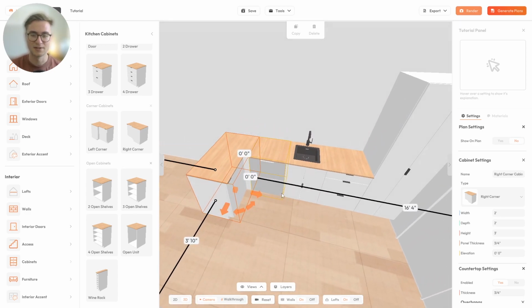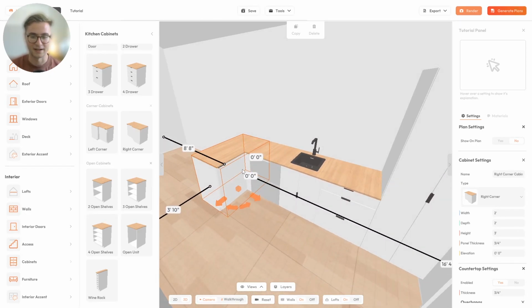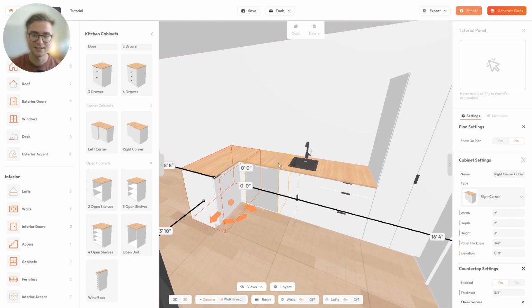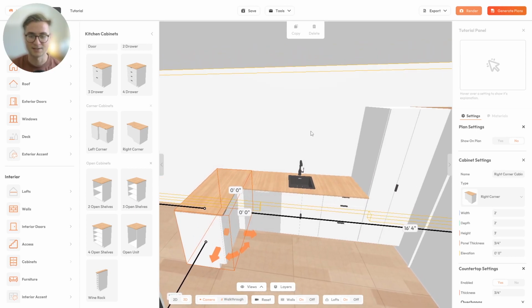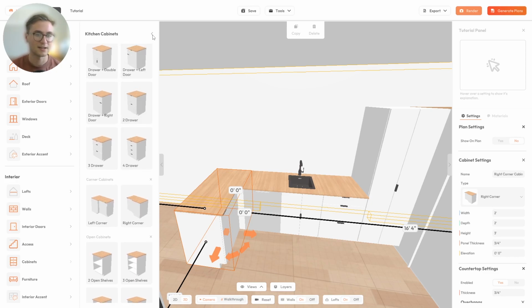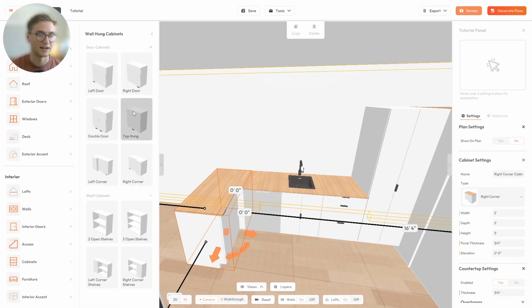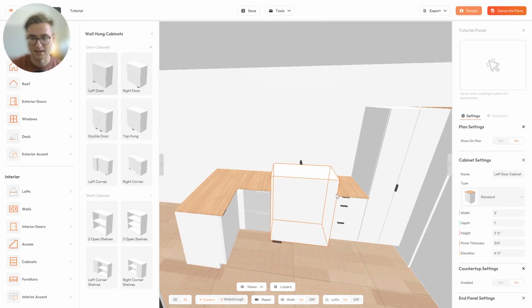And this gives me a good place to start modifying these into more detail in a second, but I will still place some overhead cabinets and some open shelves as well. So I'll place 2 overhead cabinets and then some open shelves next to it. So I'll go back and grab some wall hung cabinets here, and I will grab a left door cabinet over